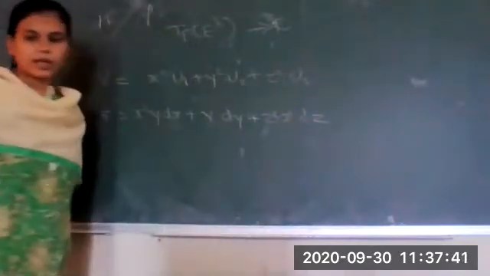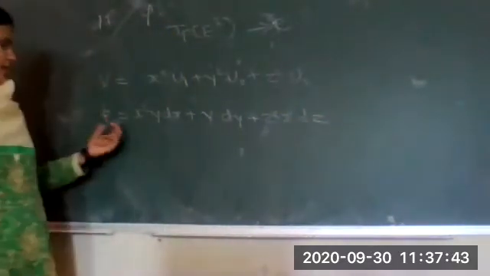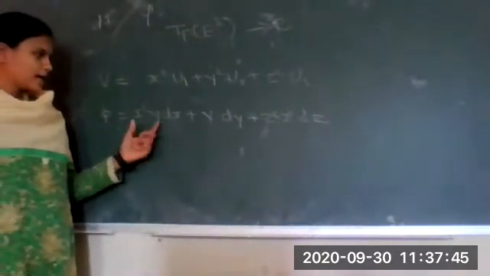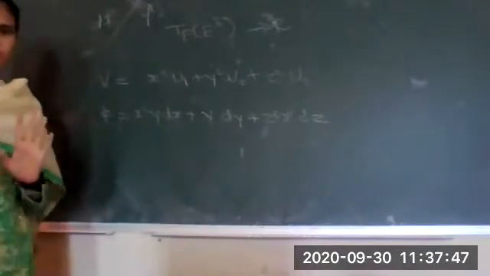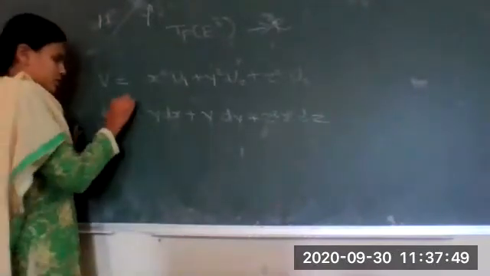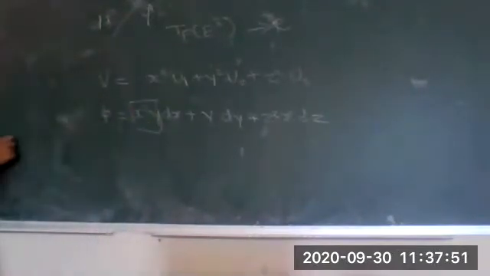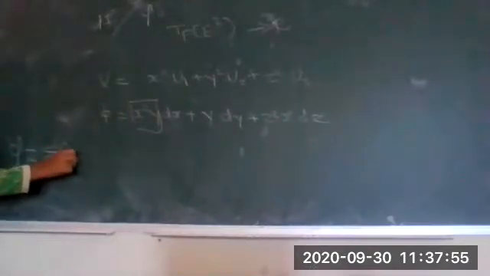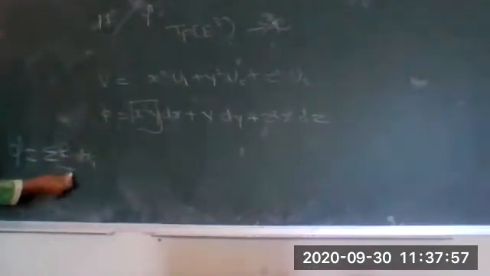Okay. So this now phi is written in the form of summation over i of fi dxi. What are fi? Fi is a real valued function. Just now we have proved the theorem that one form phi can be written as summation over i of fi dxi. What are those fi? Fi are nothing but real valued functions.